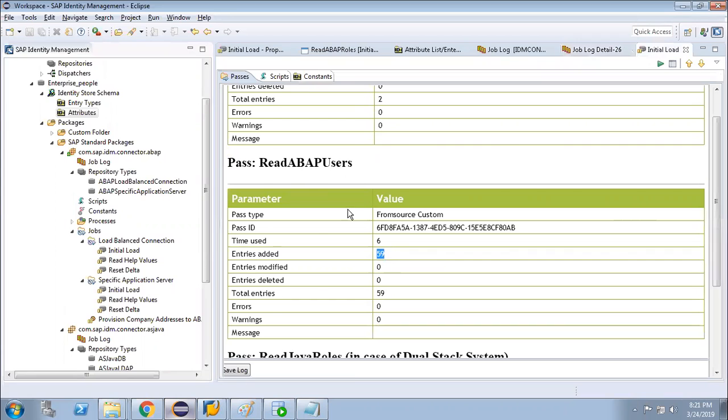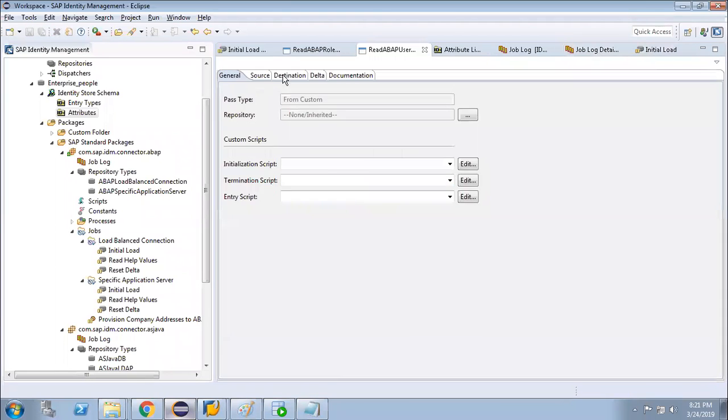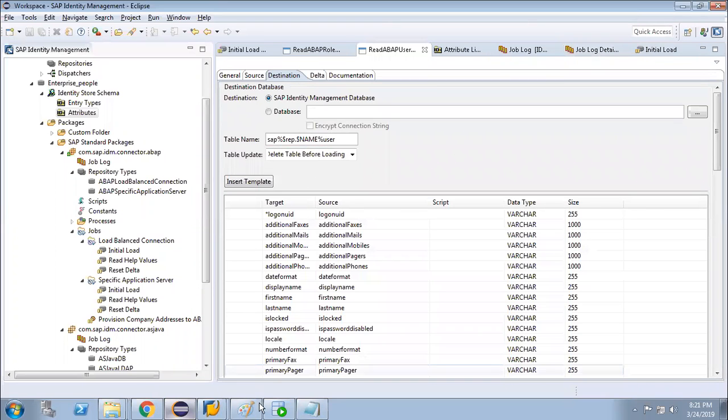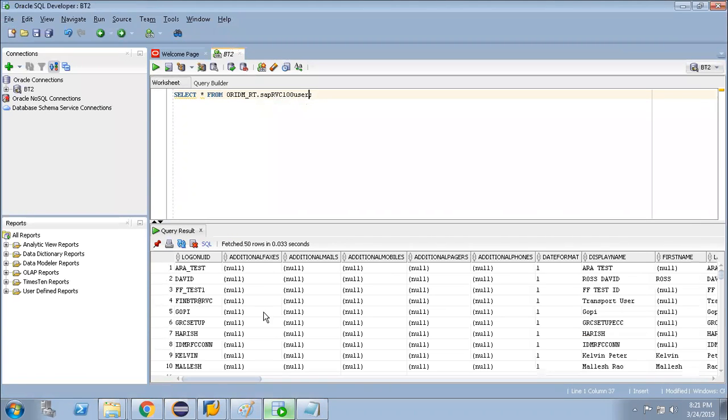And if you go to the table read users, so instead of roles, if you type user, how many? 59.